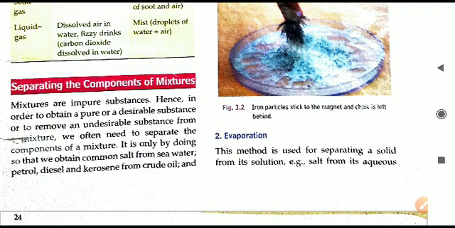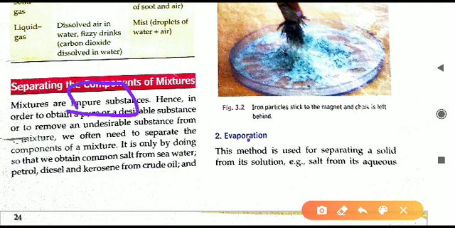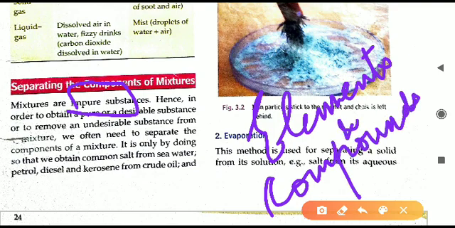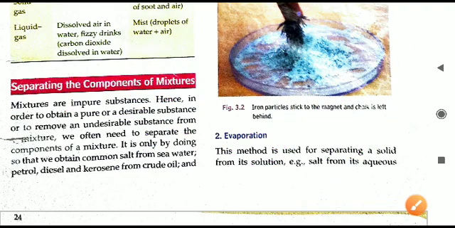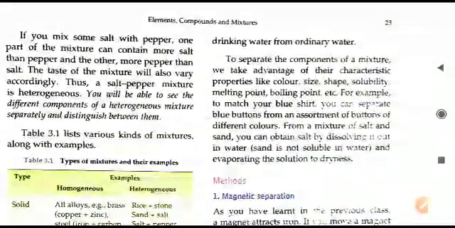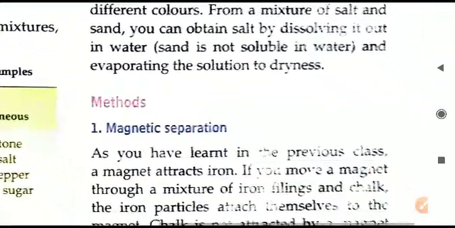So, separating components in a mixture. As we have already known till the last class, mixtures are impure substances. They are made up by mixing different elements. It can be different elements mixed together, or different compounds. So elements or compounds can be mixed together, and as a result we get an impure substance that is called a mixture. So we can separate different elements or compounds present in a mixture by different methods. What are those methods? That we will see one by one now.